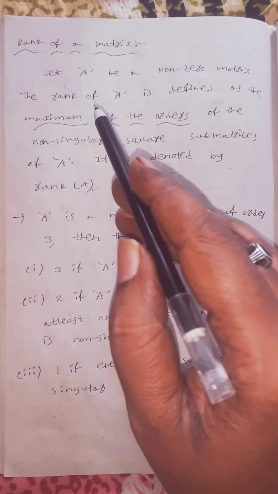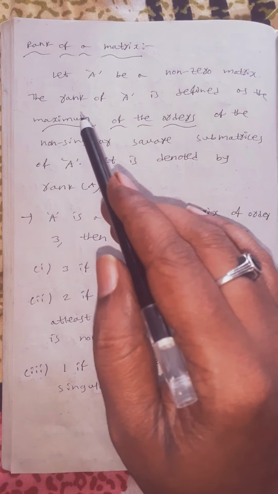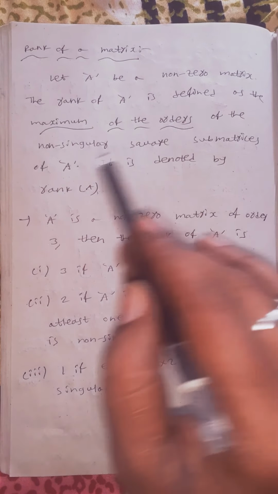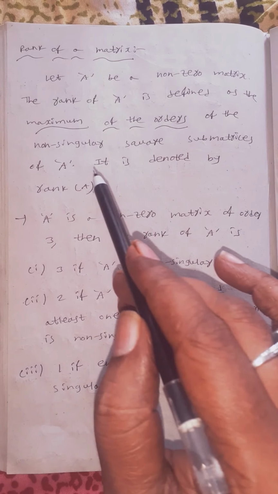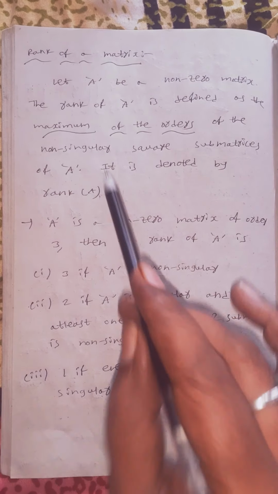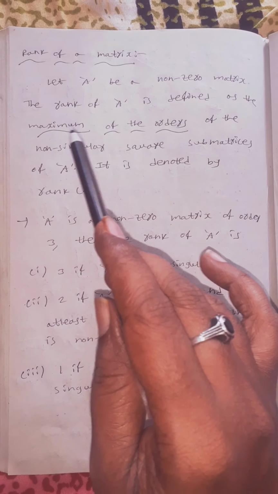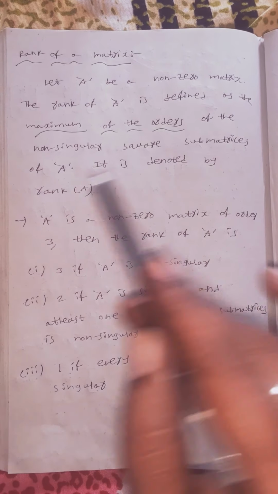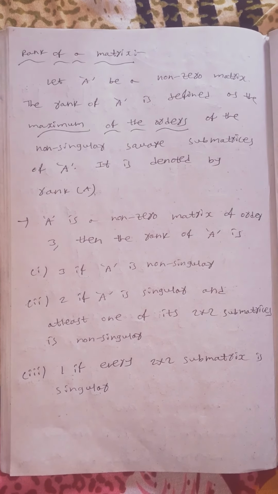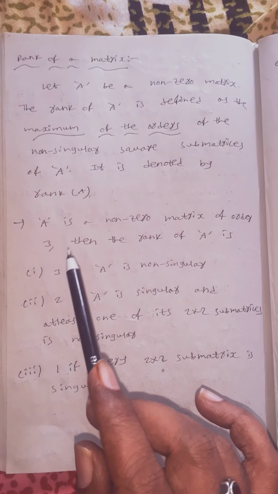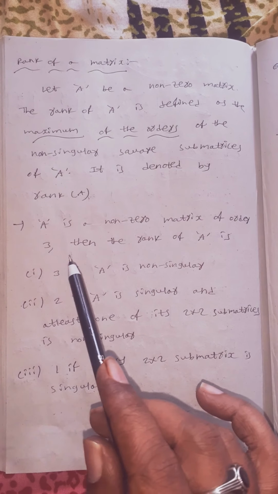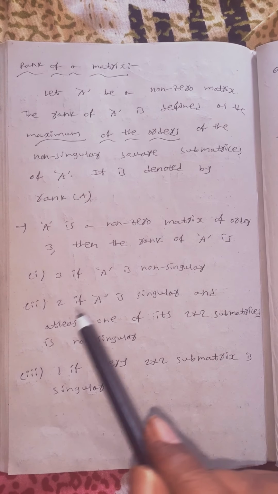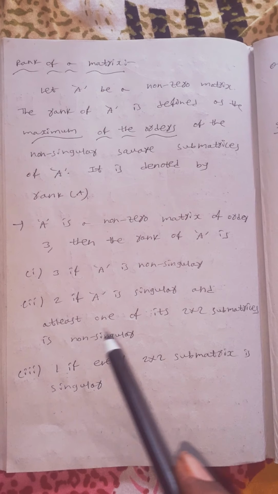Next, rank of a matrix. Let A be a non-zero matrix. The rank of A is defined as the maximum of the orders of the non-singular square submatrices of A. It is denoted by rank of A. Maximum means highest order. So if A is a non-singular matrix of order 3, then rank of A is 3 if A is non-singular, 2 if A is singular and at least one of its 2 by 2